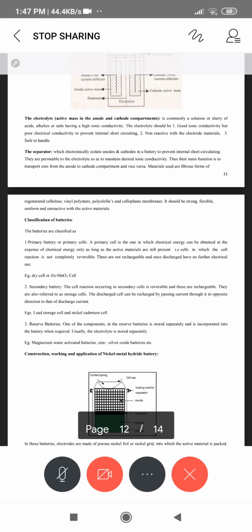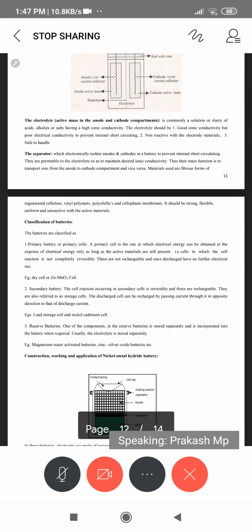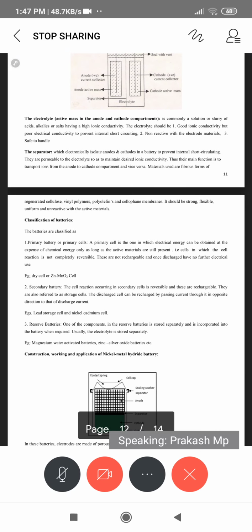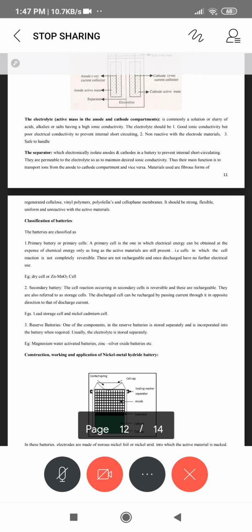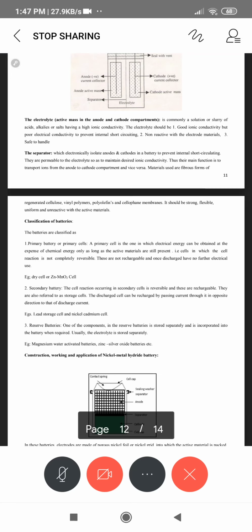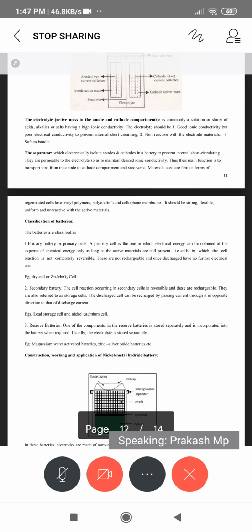These are the characteristic features of anode, cathode, electrolyte, and separators. They are very important for the battery, because in a battery we decrease the size and increase the capacity. Universally we are thinking in that manner: to increase the capability, the capacity, the electric efficiency, the shelf life, the cycle life, all the 10-12 characteristic features of a battery.